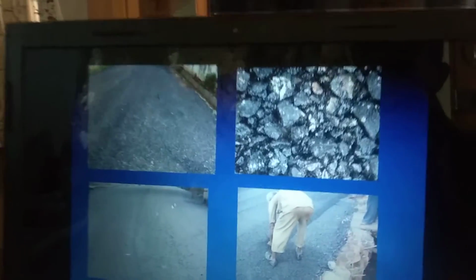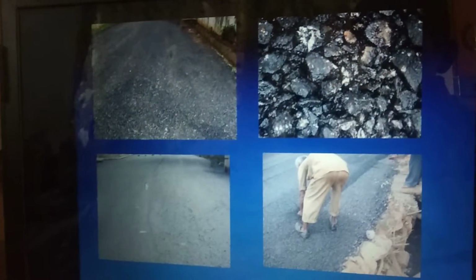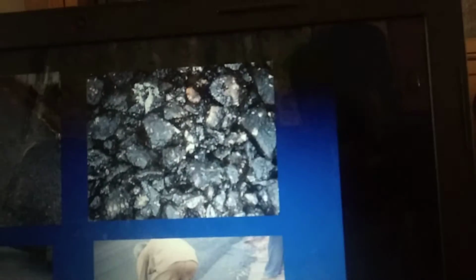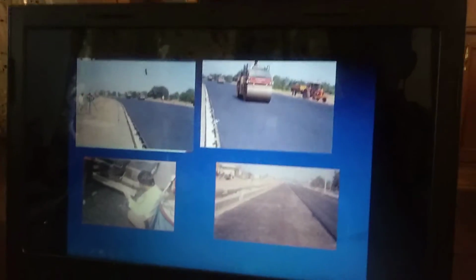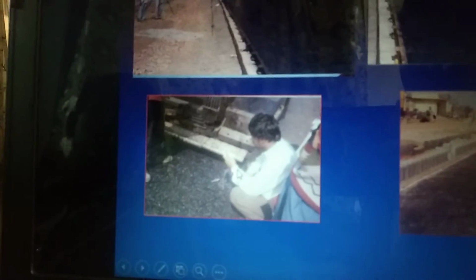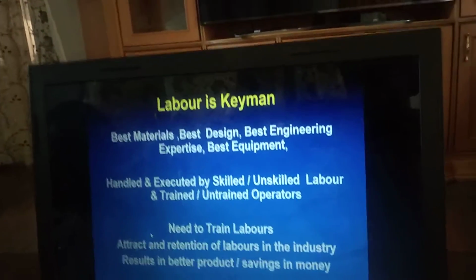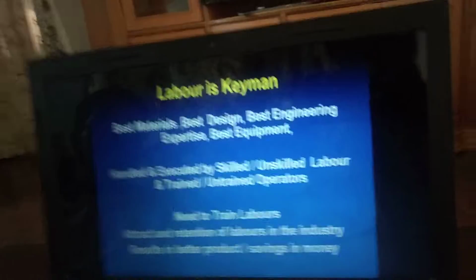These are some pictures where you can see some poor practices. Here the joint is not uniform, it is not straight. And see here the manual intervention is more. Here you can see the segregation in the mix, coarser content, and this is open graded. And you can see a good joint here. Whenever we are paving, quite frequently we need to carry out the temperature check, which is a very important quality control aspect.